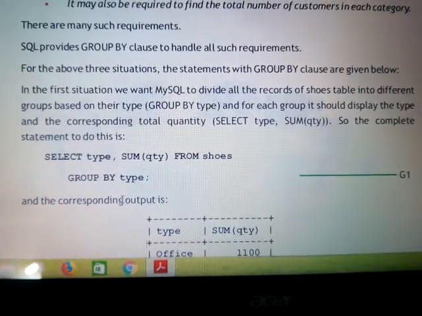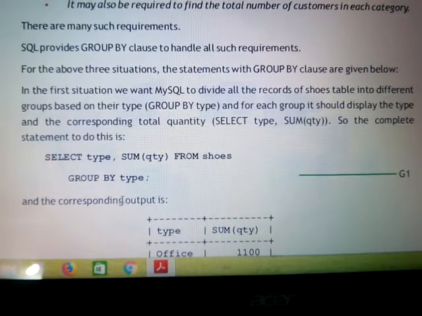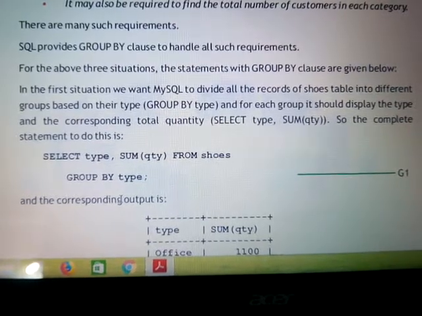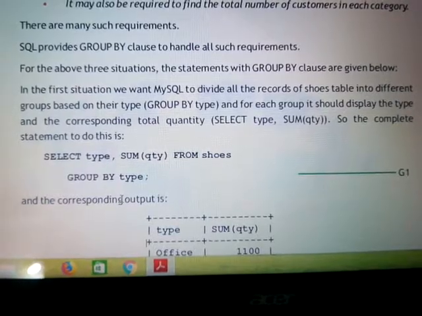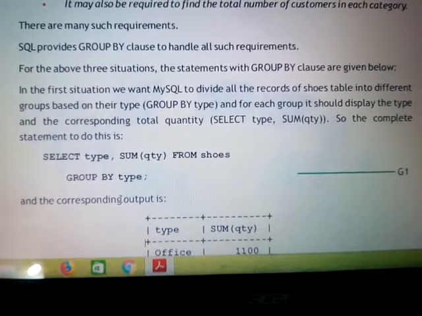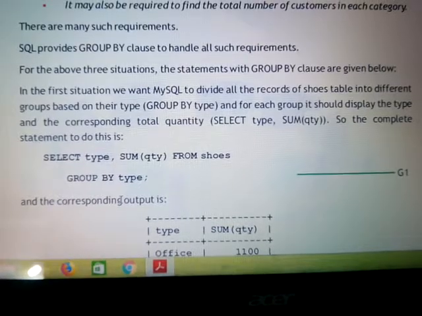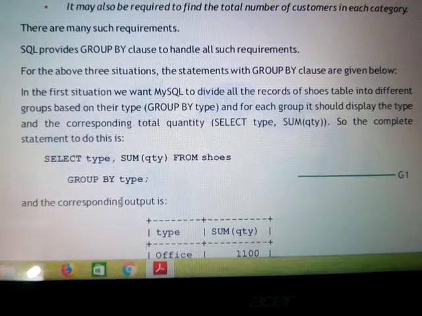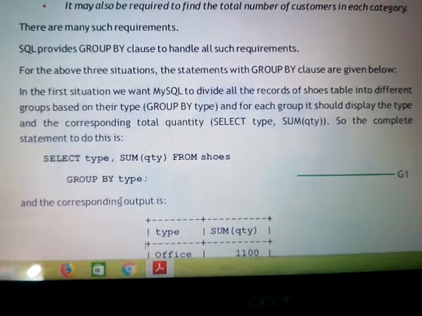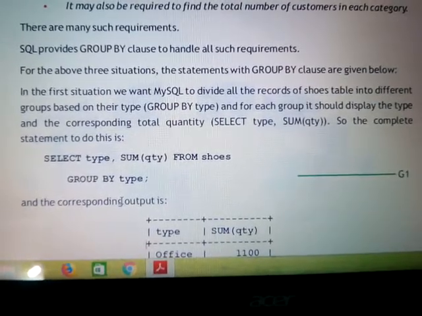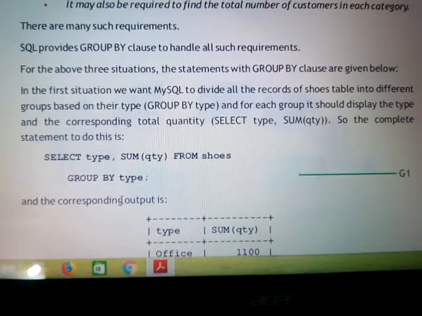What are aggregate functions? That are max function, min function, sum function, average function, and count function. These five are the aggregate functions. So if I say group by clause is used in conjunction with aggregate functions, these are the five functions which will be used in case of group by clause. Okay, so just see how we write down with the help of this example.